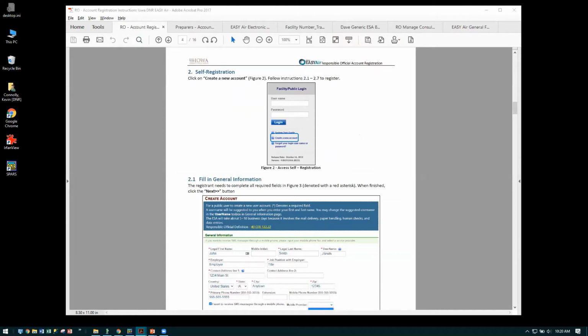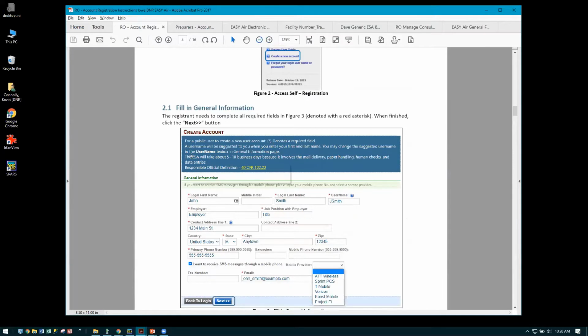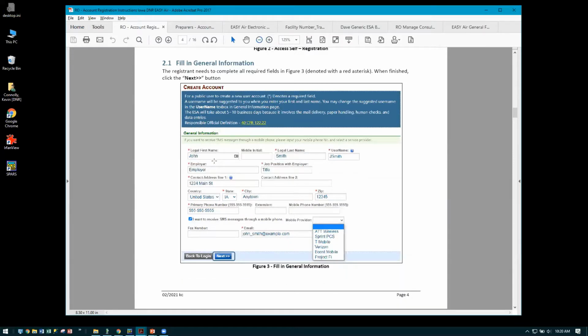With SLICE, you had to send in multiple forms to be able to register to use the service. There was the registration form for basic access, and then the ESA for responsible officials. With Easy Air, you have the ability to self-register. As I said, this is where you click on create a new account. What you'll do when you fill this in,